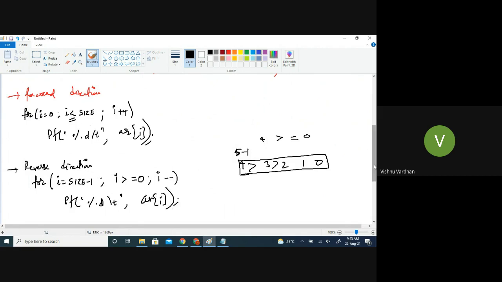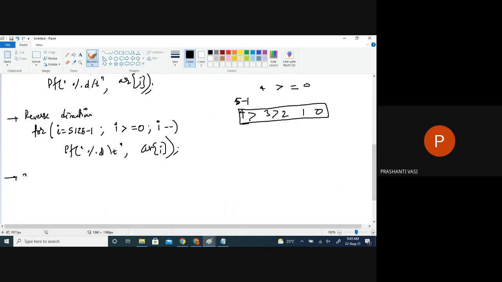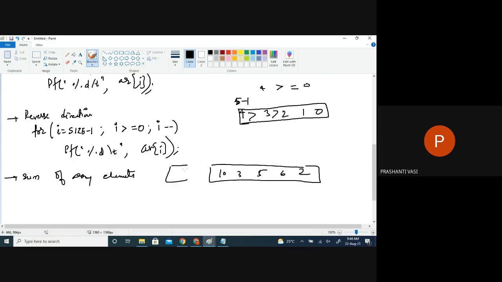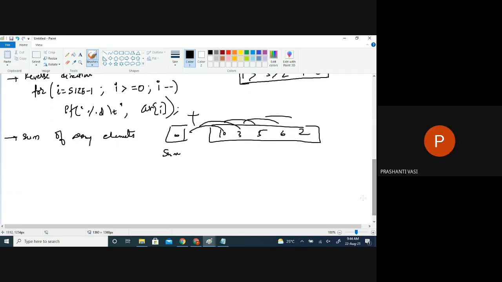If I have to find the sum of these array elements, because these elements are found inside the array and you want to find the total of those elements, how should I find the total? Same for loop logic.